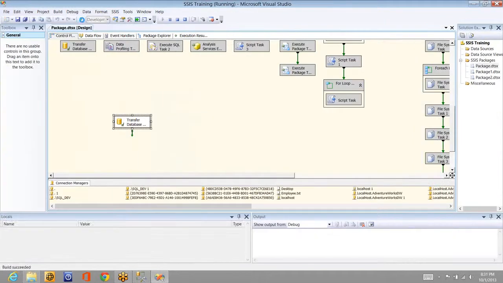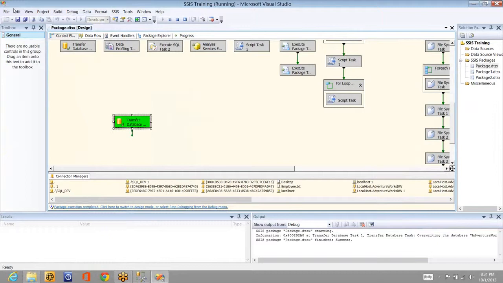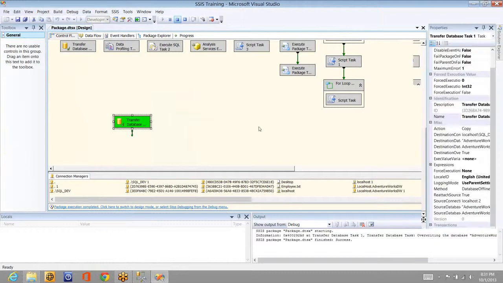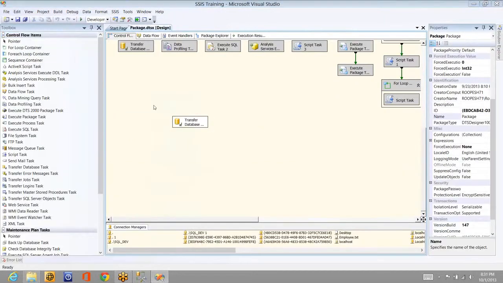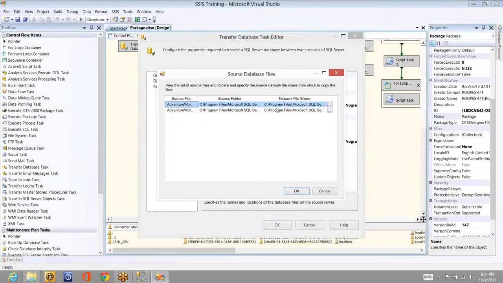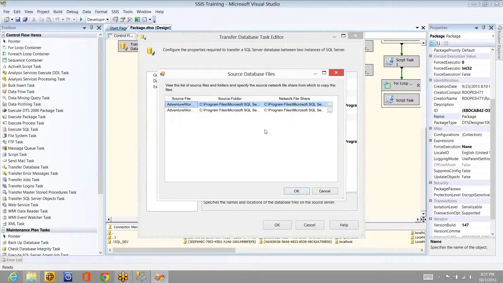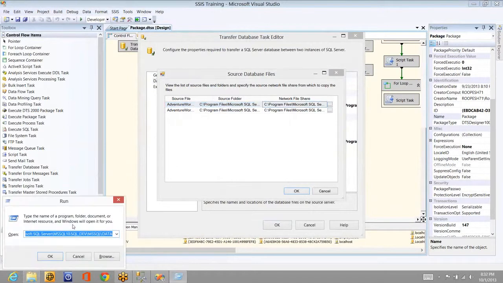I'll tell you, as a good practice, always go for a network shared path while giving the files in the offline mode. This is offline mode. I set it to offline mode, right? Database offline mode. If you go to the databases and to the path where you have those MDF and LDF files, this is the network file share path. This is fine, you don't have a problem, right? But in a few cases, while moving to production and so on, it's always good practice to go for a network file share path.